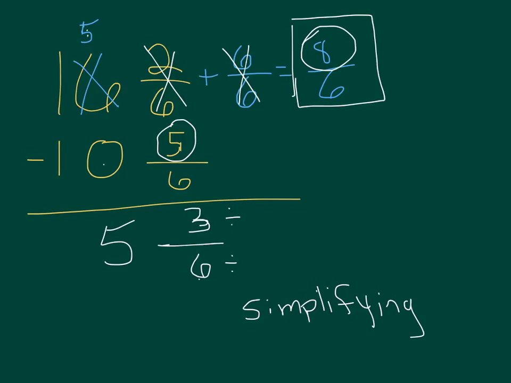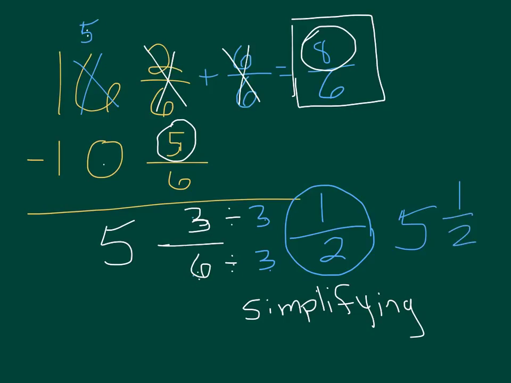And what is a number that can go both into 3 and 6? That would be 3. So we could divide the top. 3 divided by 3 is 1. 6 divided by 3 on the bottom is 2. This would really be a more efficient answer, a better answer than 3/6. So our final answer would be 5